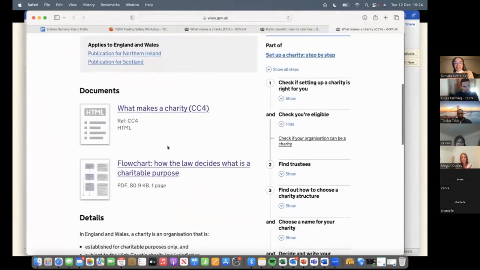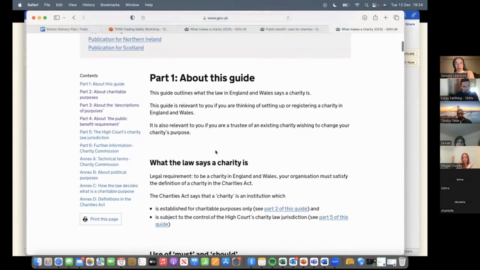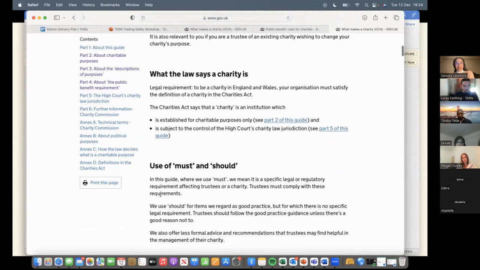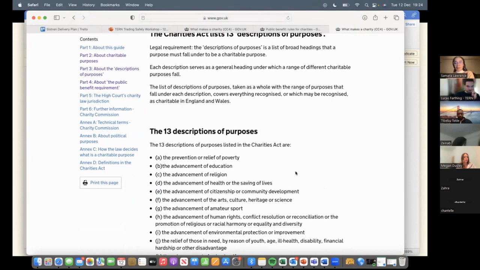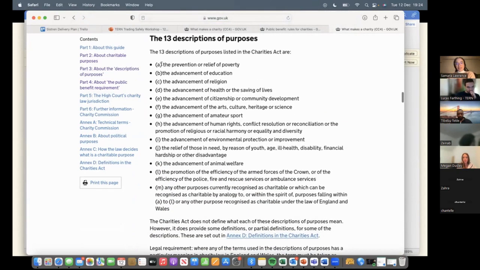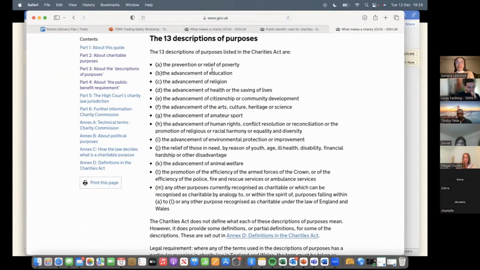And I said the first thing that you would need to do is be able to understand what your charitable purpose is. And so this guidance note essentially talks about the descriptions of those 13 charitable purposes, and it lists them all out here. So you have the full list. And if you want to be a charity, you basically need to find one of these headings that you can fit your activities under. So I don't know if on looking at these 13 headings, there's any of them that are jumping out to you to be like, that sounds like what I want my organization to do, or what it's going to do, or what it is doing.